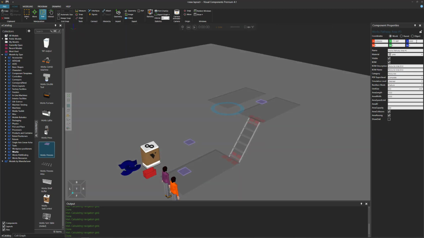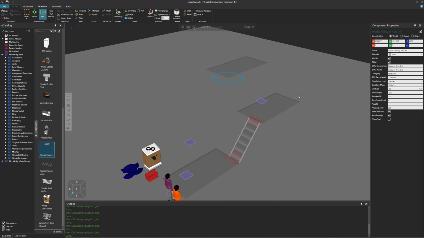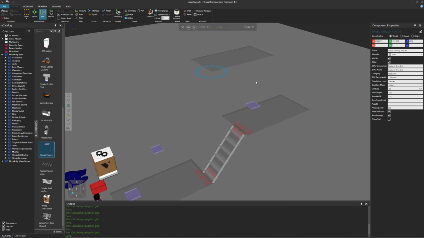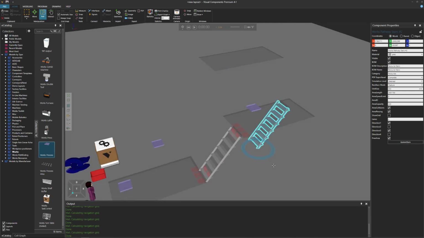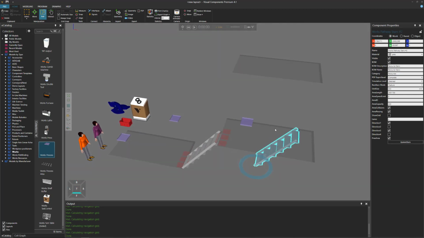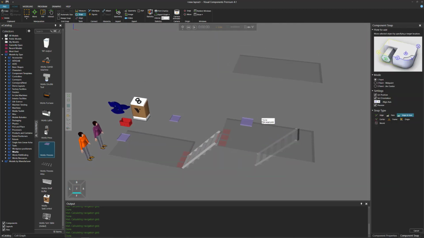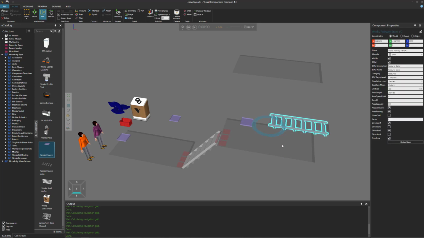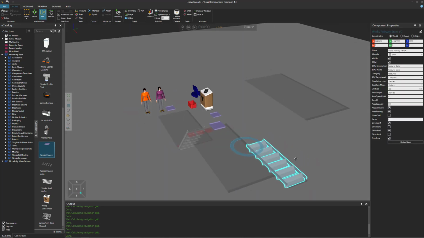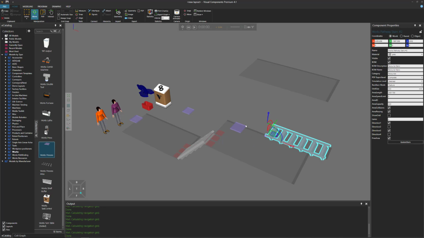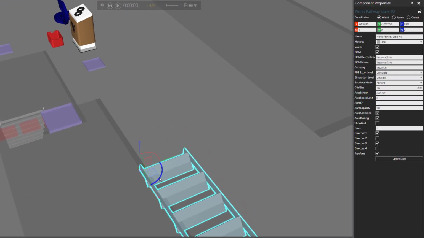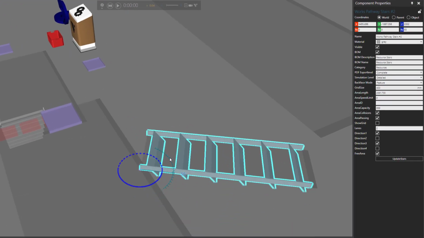So let's make its height to be 4,000 along the z-axis, and we need stairs to reach this location. So I'm going to copy and paste these stairs, and I'll snap the bottom of the stairs to this area. You can see its orientation is not the best, so let's fix that. Going to rotate along the z-axis 90 degrees,